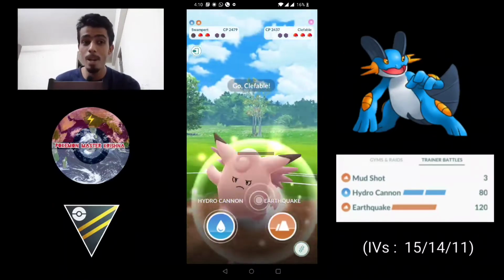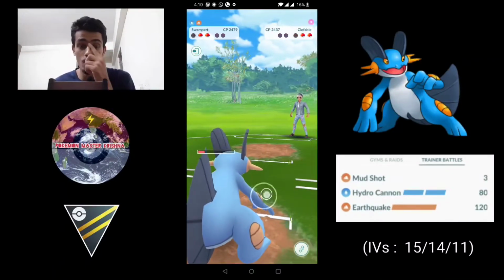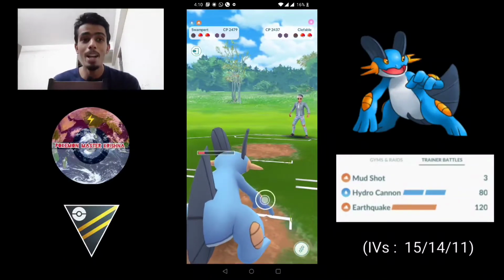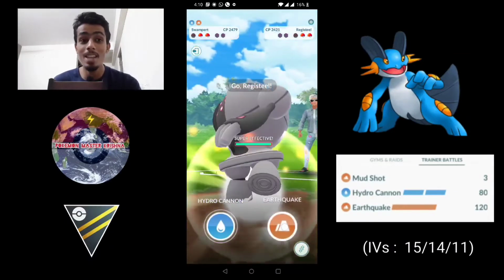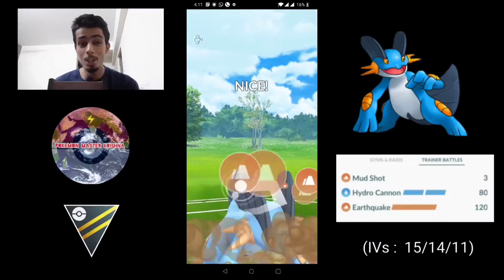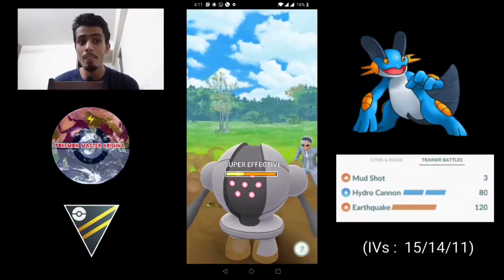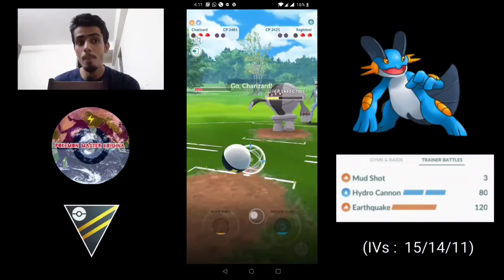They bring back Clefable. I'm able to Mud Shot it down, but that Charm damage went through and my Swampert is critically low. So I'm like, okay, what do you have in the back? It's a Registeel. This is absolutely perfect. It's the one Pokemon that I wanted to see because it's going to do very minimal damage with its fast move. So Earthquake coming through is going to do a lot of damage to Registeel,